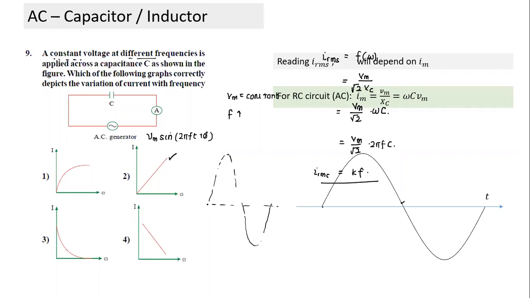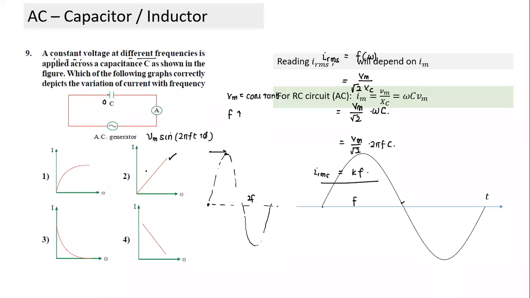So what will happen? It is reaching from 0 to maximum voltage in half the time. So charge on the capacitor also, from 0 charge to full charge, it will acquire in half the time if frequency is double. If this was frequency f, this is frequency 2f. That's why the time period has become half. If time period becomes half, the time taken to fully charge the capacitor also becomes half. The final charge will remain the same because the final charge depends on C into V. So if maximum voltage remains the same, it will acquire the same final charge, but it has to take half the time.